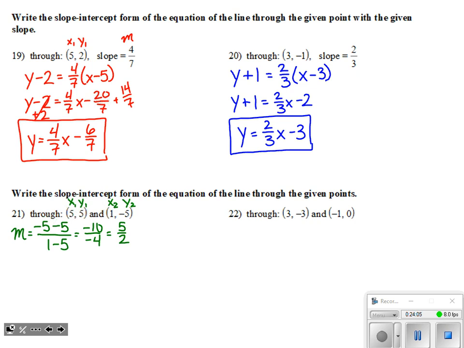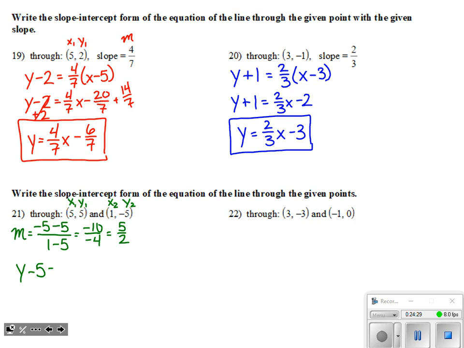And then here I don't have a y-intercept given. That's what happened in our example like this in the notes. But that's okay, right? I can still use point-slope. I just need to decide which one's easier to work with. And I like the first one, actually. Even though the numbers are a little bit bigger, in that one, they're both 5s. So there's less of a chance that I'll make a mistake plugging the number into the wrong place.